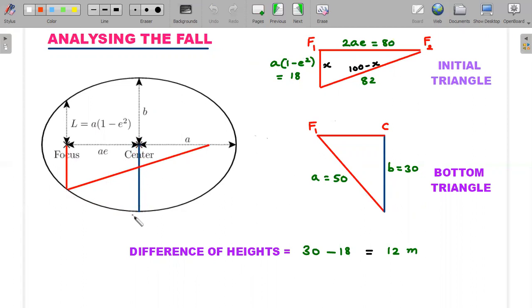So the fall in the vertical height is what would determine the work done by gravity. That is the reason why the person is going to speed up. So this length, which is the semi-latus rectum, can also be found out using this right angle triangle. Can you see a right angle triangle here? To make it easy for you, I borrowed that right angle triangle here, where this vertical height represents this one, and this horizontal distance in that triangle represents the distance between the two foci, which I already told you is 80.